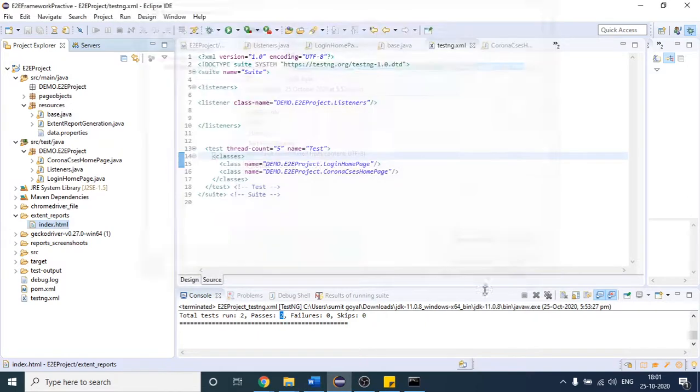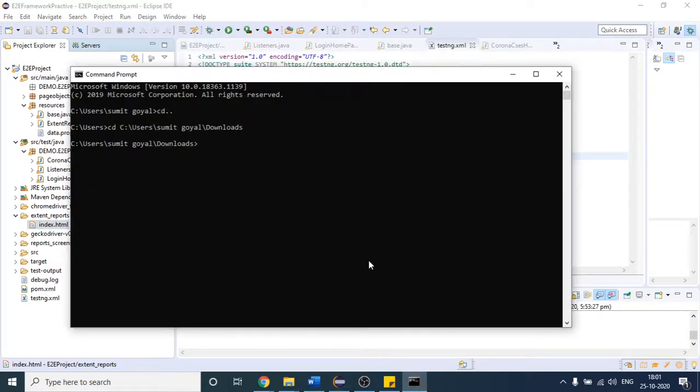I will write java hyphen jar jenkins dot var. This is my file name with the extension. This is the actual file name, right? It can be different. After that you have to provide one space and write http port equals to. This is the unique number, you can say, where your Jenkins will be listening. As of now, let me define it as 8080.